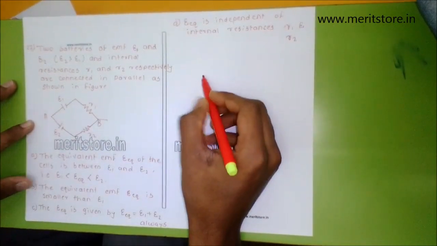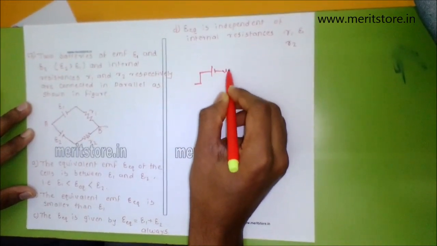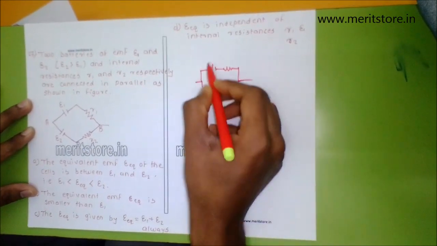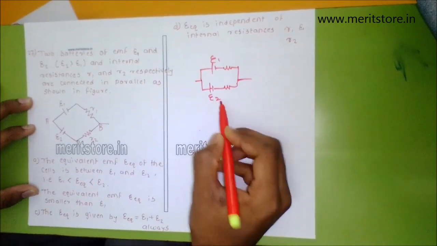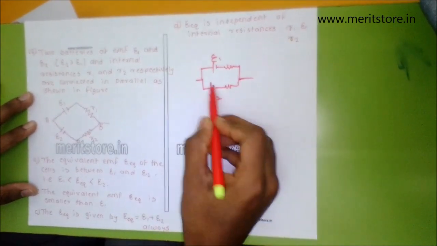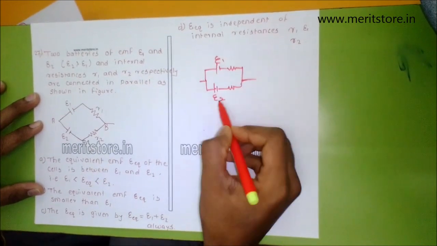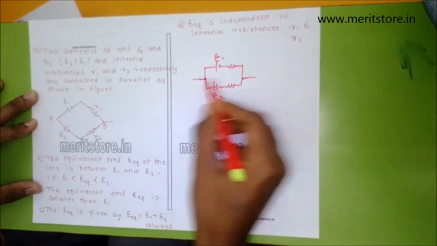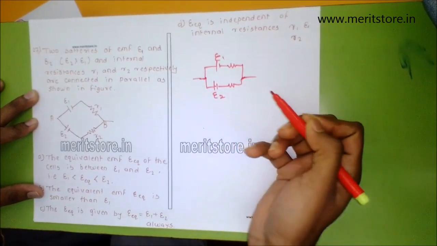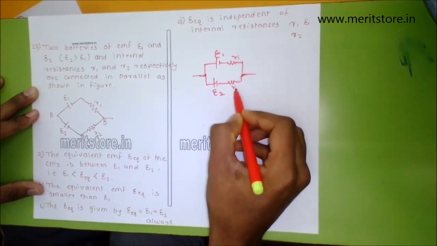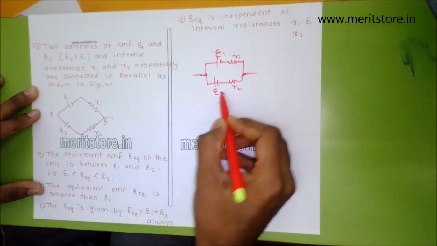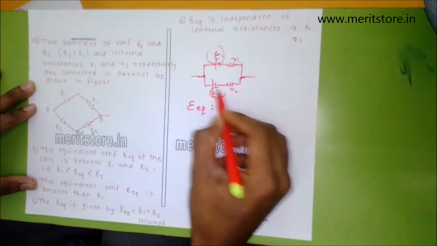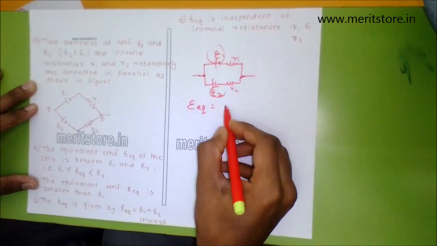As you can see here, since these two EMFs are connected in parallel, ideally what would happen is that when potential differences or EMFs are connected in parallel, it remains constant across the ends. However, since there are resistances also which are in parallel, the equivalent epsilon would not increase beyond, but also would not be lesser than the two of them.